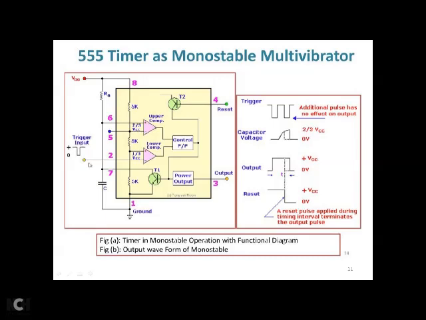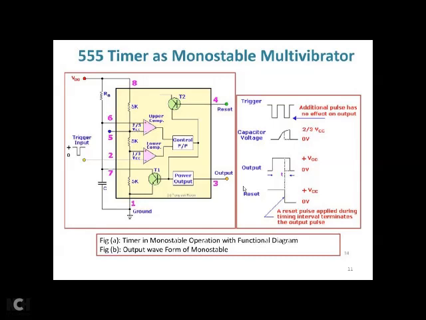Whenever the charge across the capacitor reaches 2 VCC by 3, output is 1 here. The reset pin equal to 1 of the flip-flop, output is 0. Q bar equal to 1, output is 0. When Q bar equal to 1, the transistor will turn on and the capacitor starts to discharge. So this process continues. Whenever you need a pulse output, one has to apply a triggering pulse, and the duration